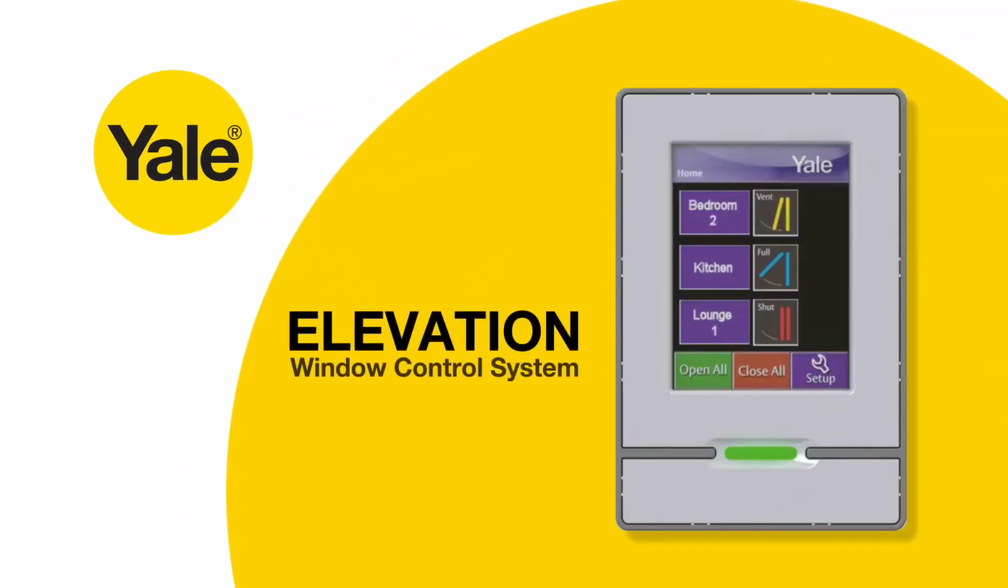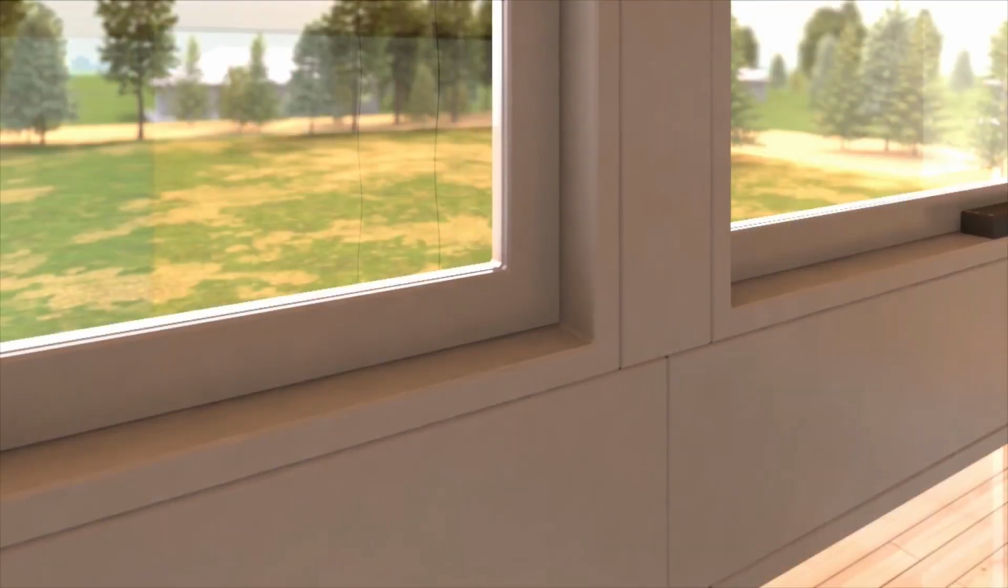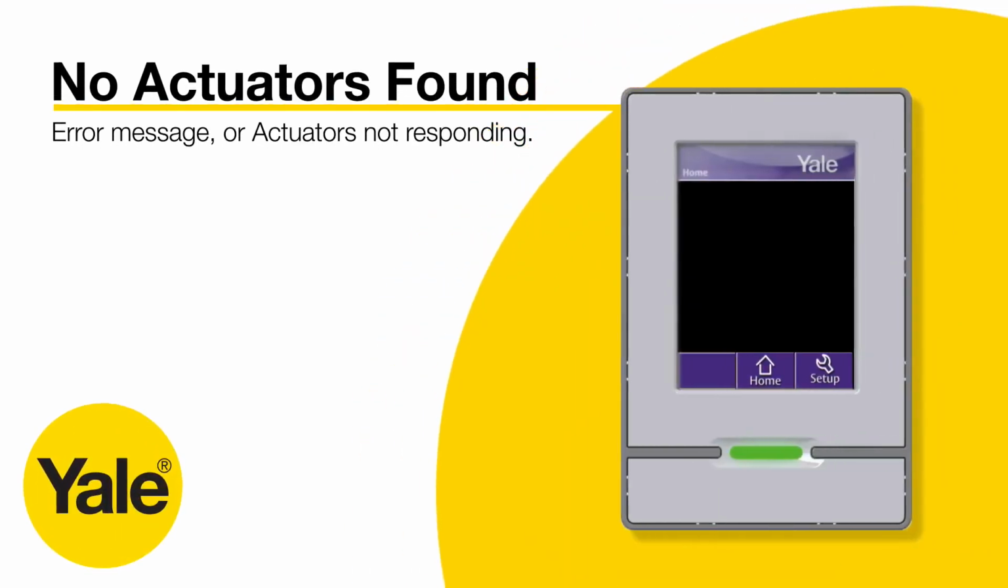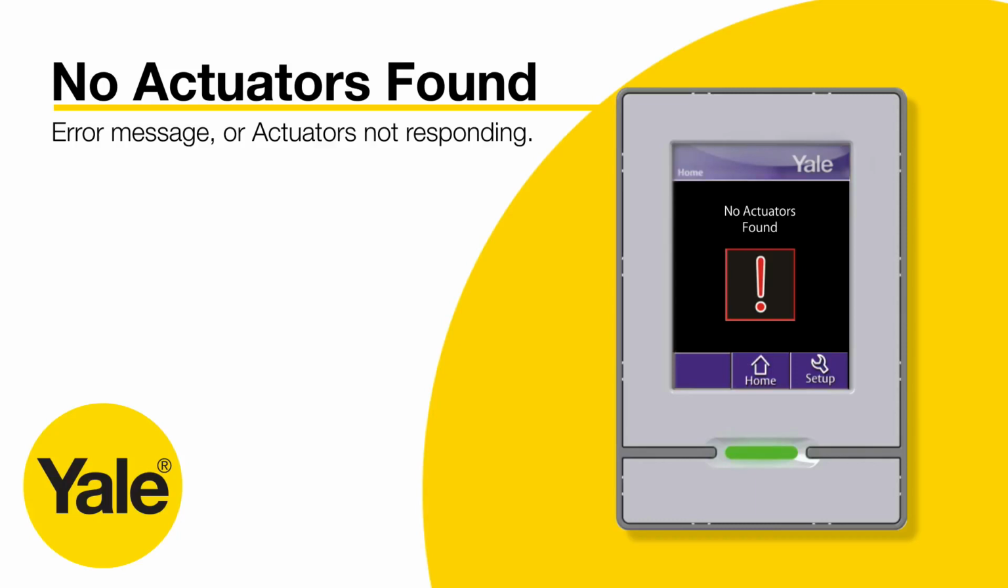Hi there. If you've hit a snag in the process of wiring up the elevation window actuator system, we're here to help. In this video, we'll troubleshoot some of the common issues you could come across and how to resolve them. First, we'll cover some common mistakes that can cause the keypad to display a "No actuators found" error message,